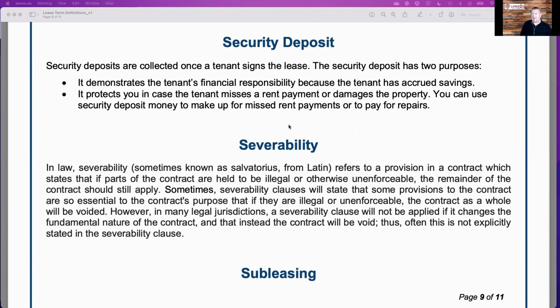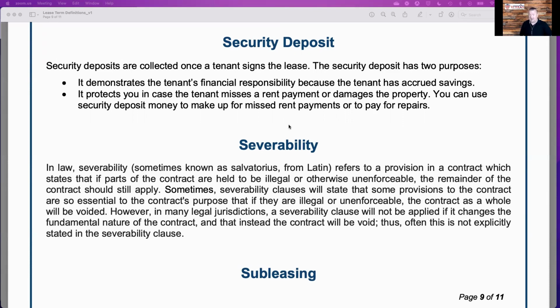Again, that could be other things. Security deposits, depending on your state, may actually be used for other things. Sometimes they're not. For instance, let's say they have a $1,000 security deposit, I'm just throwing out a number here. And let's say they left the house in great shape, right? They cleaned it, everything else is in great shape, but they left owing you rent or utility bills or something, it could be late fees that they owed or something else on there. Sometimes you're allowed to, depending on your state, use a security deposit to cover other charges on their account. Some states you're not. So please make sure you understand this.